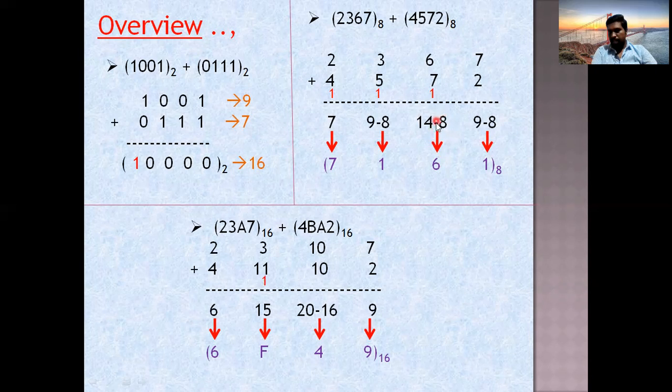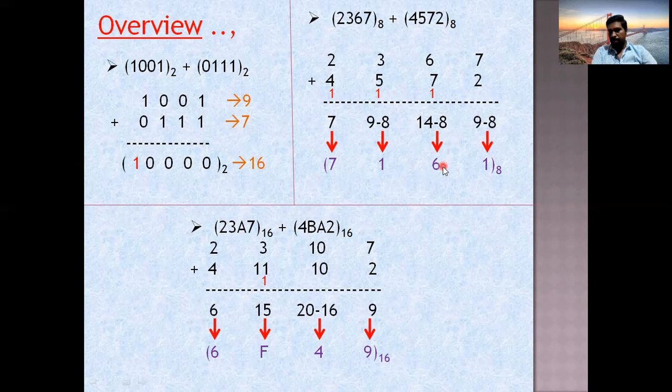So as I am subtracting 8, I will get 1 carry. Same, when I add this, you will get 9 as the answer. 9 is not in the range of octal. Subtract 8, you will get 1. As I am subtracting 8 here, again you will get 1 carry. So 4 plus 2 plus 1 is equal to 7. 7 is in the range, no problems.